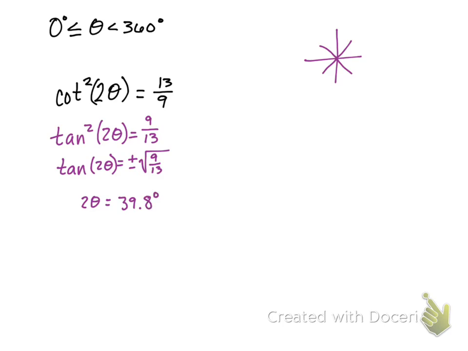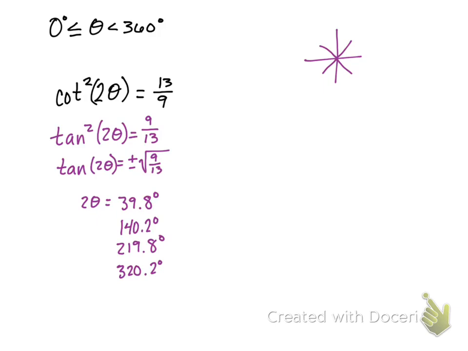Okay, so 180 minus 39.8 is 140.2 degrees. 180 plus 39.8, 219.8 degrees, and then 360 minus 39.8 is